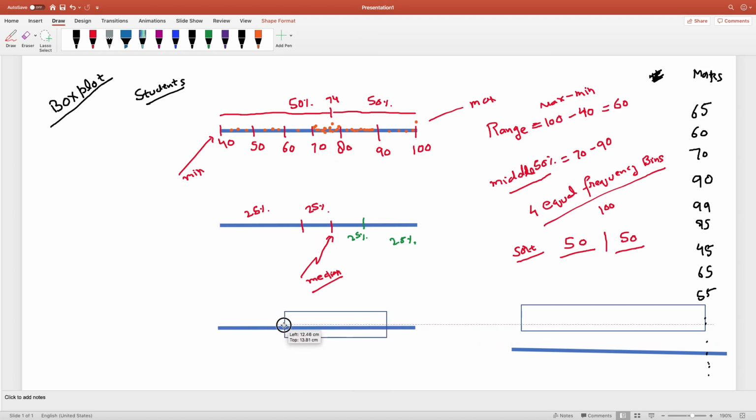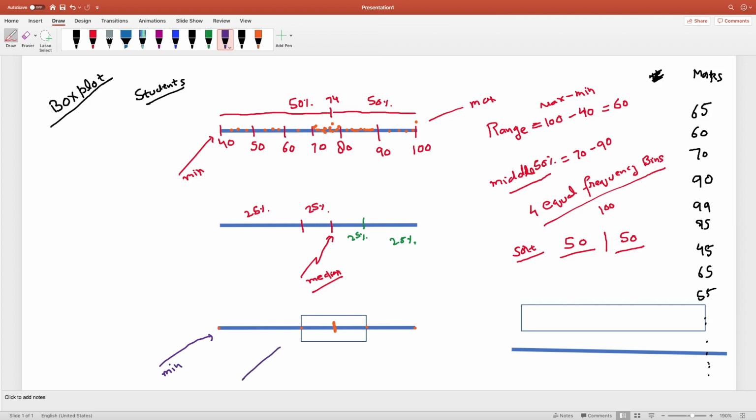It is lying somewhere here, and I would try to represent this information something like this. Which means now my median value is lying over here, this value lying over here, I have the minimum value over here, and I have the maximum value over here, and I would like to call this value the minimum,